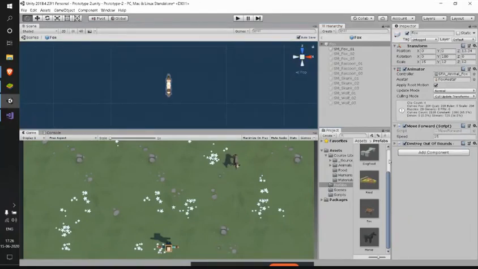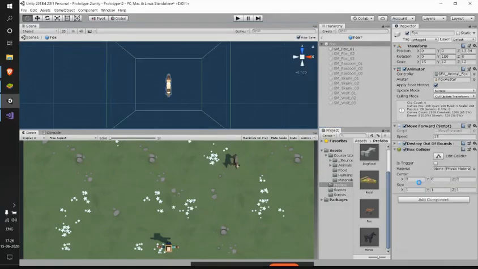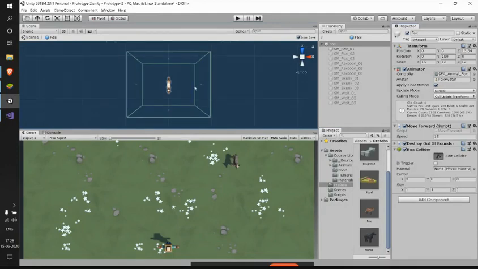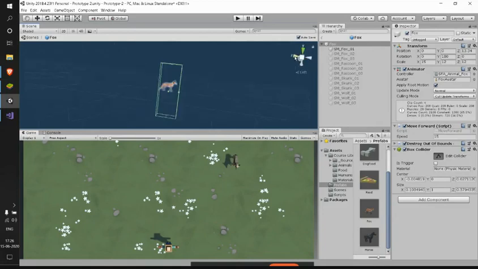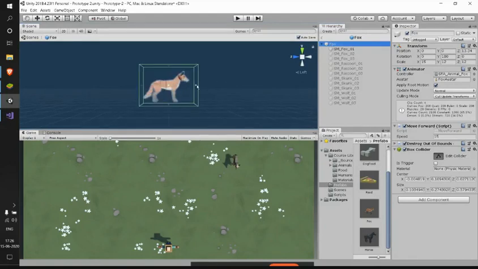I entered the prefab preview mode by double clicking that. Now let me add the box collider, and see, here also it's bigger. Now I'll do the same thing as I did earlier. So this is the way we'll be adjusting our collider.